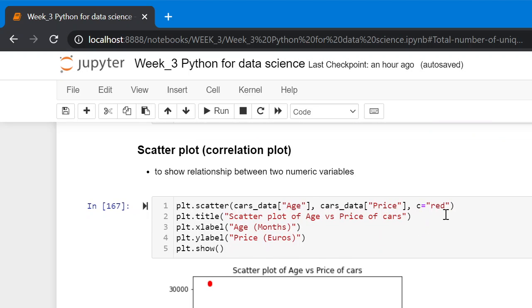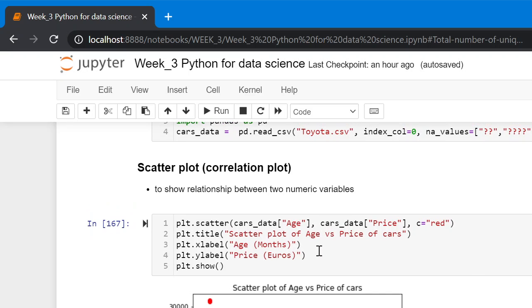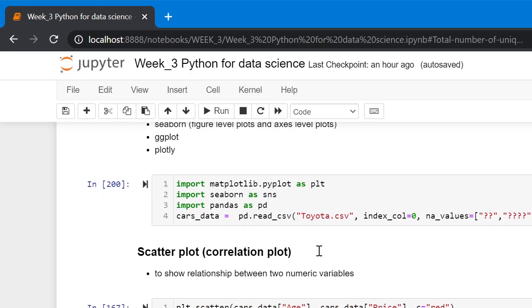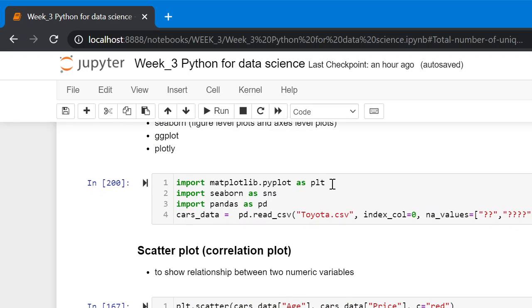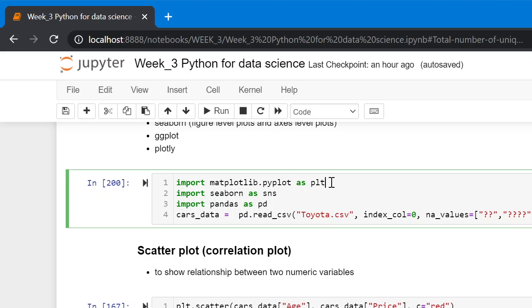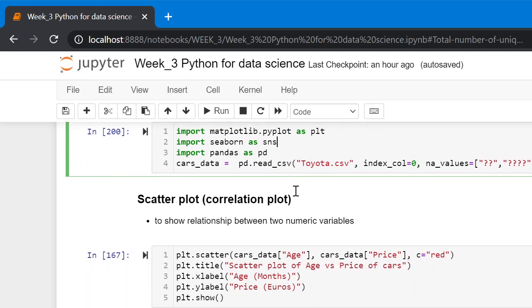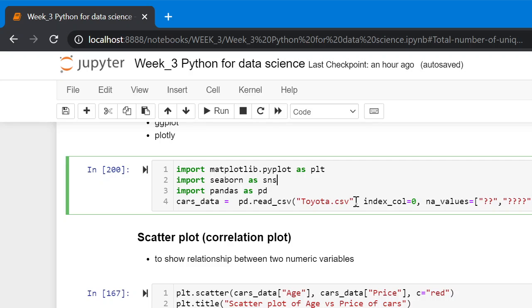To create a scatter plot, we can use the Matplotlib library. Here is an example. So here we have imported matplotlib.pyplot as plt and the Seaborn library as sns. We are using the Toyota.csv data.